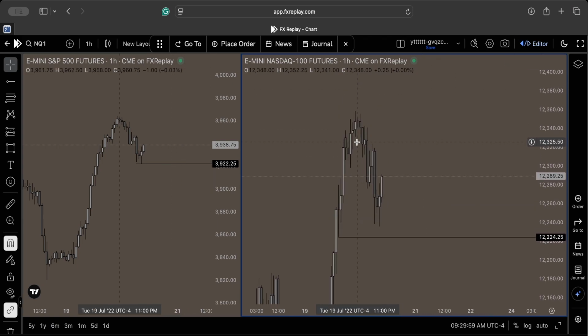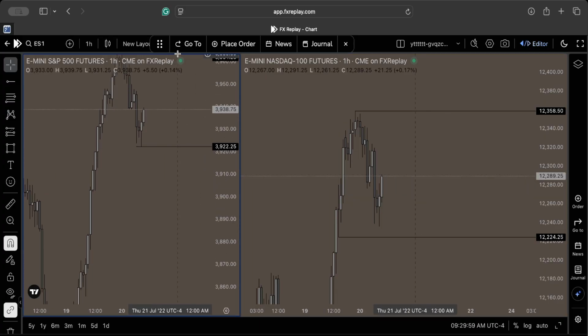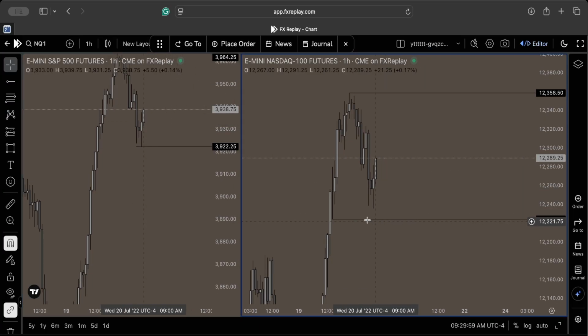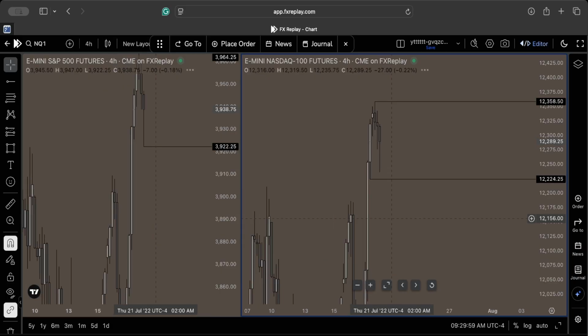Okay, so what do we do? Well, we just kind of generate this high on both indexes. I wonder if that is the correlated high. It is. All right, sweet. So now we're just trading inside of this hourly gap currently. I would really like to see NQ trade towards this 4 hour gap. So I am going to be looking for shorts, even though we're in such an aggressive high time frame uptrend,